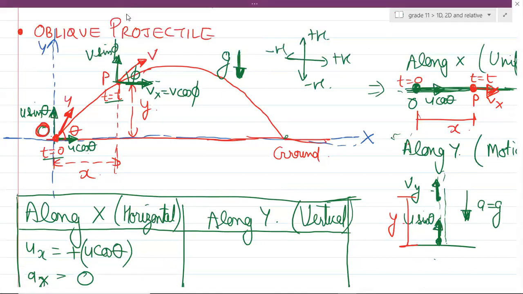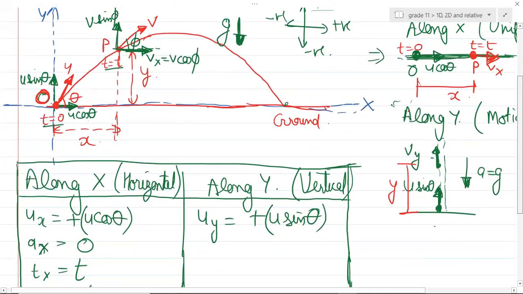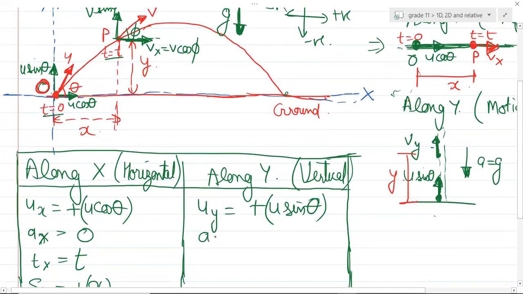So let's start. What is the initial velocity along y? Is it u sine theta? Can you see, it was thrown with the initial velocity u sine theta in the upward direction. The u sine theta plus, right? Y plus, according to the sign convention. Because it is going towards the right? No, it is going up in the positive direction. Oh yeah, my bad. It's going up.